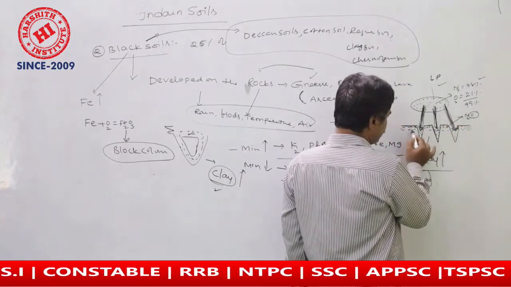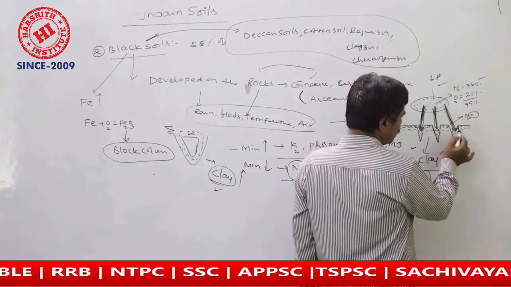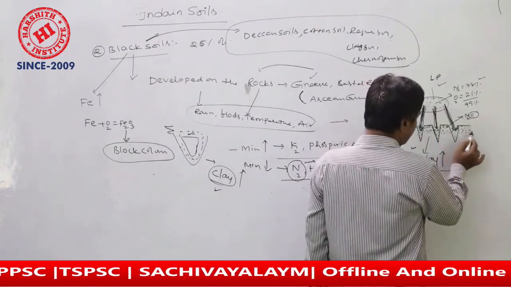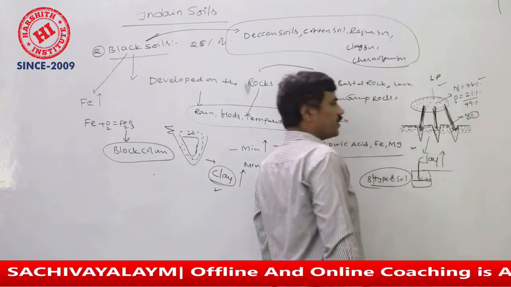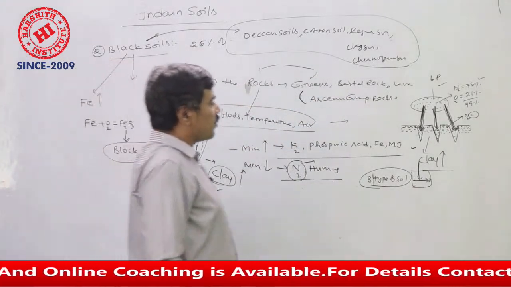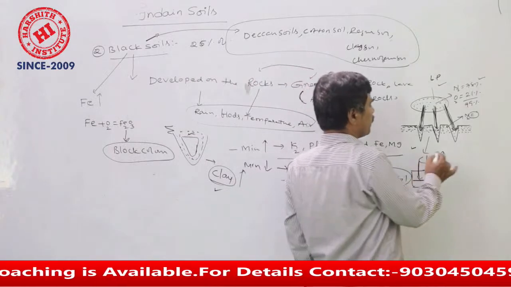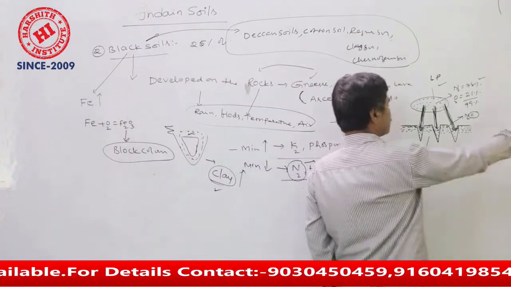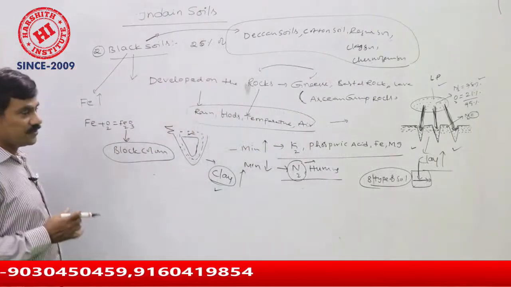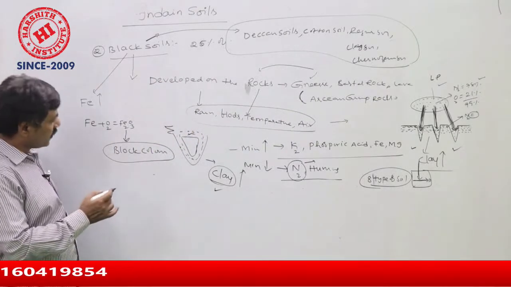When that water is absorbed, the groundwater will gradually increase compared to the other soils. So the soil's absorbing capacity depends on the clay percentage. Now, this type of soil, this type of the